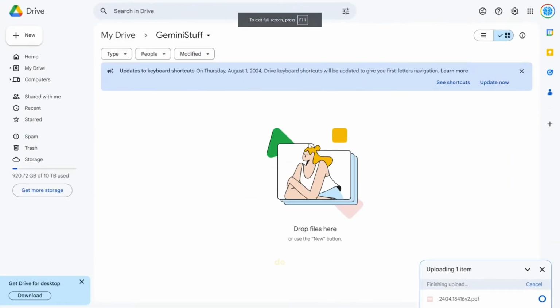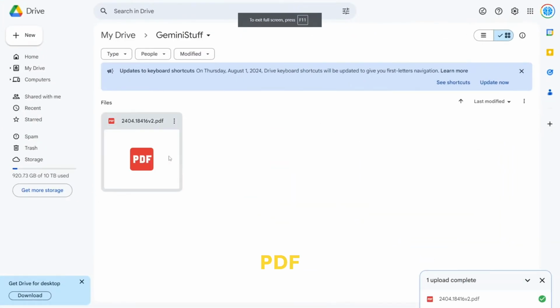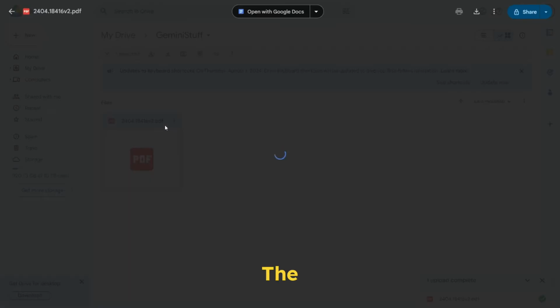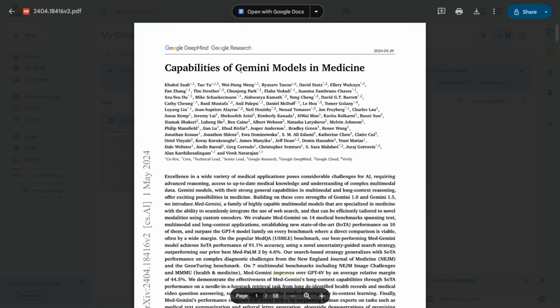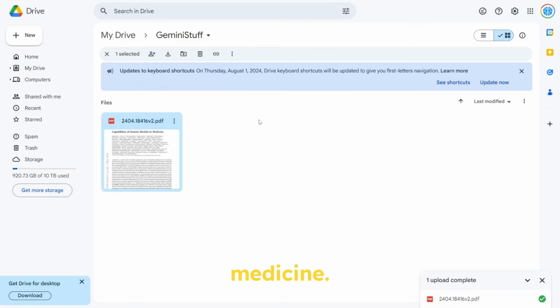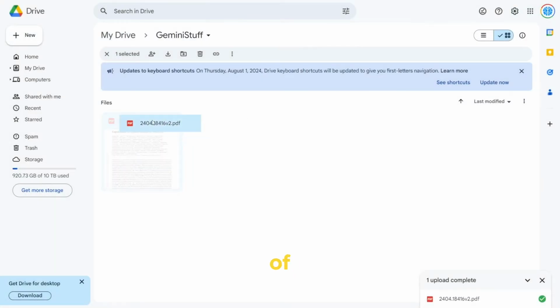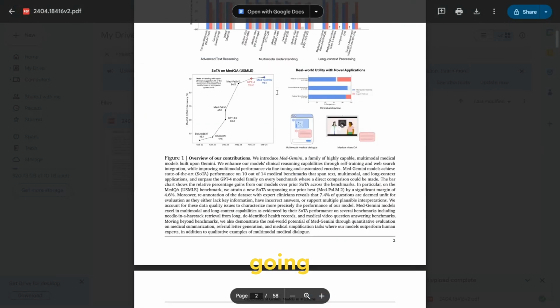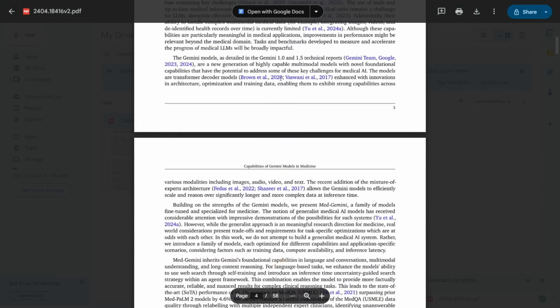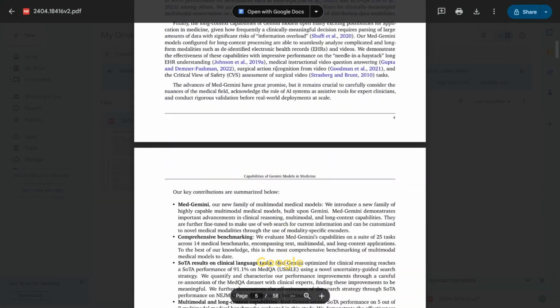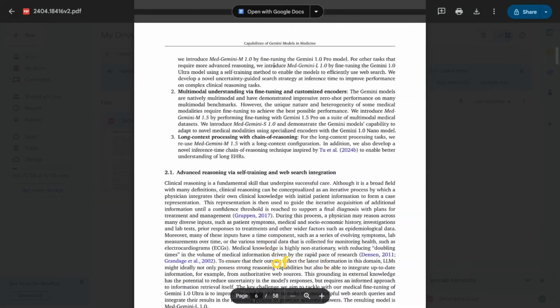So now what I'm going to do is I'm literally just going to upload this PDF, and you can see the PDF is right here. The PDF shows that this is literally called capabilities of Gemini models in medicine. Now, this is in a folder called Gemini stuff, and you can see that the title of this folder is really strange, but that doesn't matter at all. So what I'm going to do now is I'm going to ask it something about the document. I'm going to say which document is in my Google Drive that talks about the capabilities of large language models